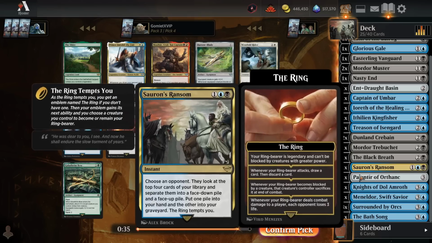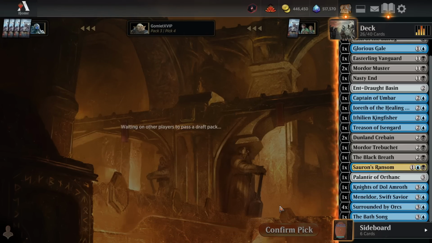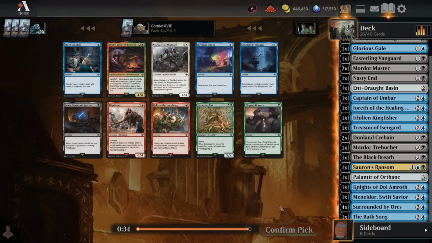Yes, Surrounded by Orcs copy number 4. Join the deck and join the party. There's one uncommon that would be perfect for this deck, but since we haven't seen it by now, I doubt it's going to show up. And that card is...